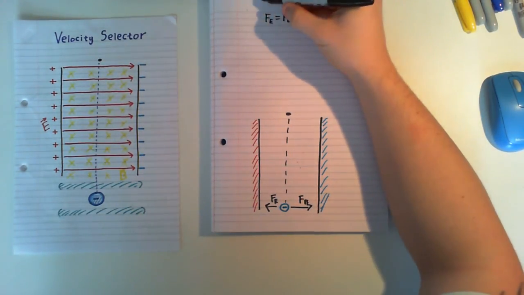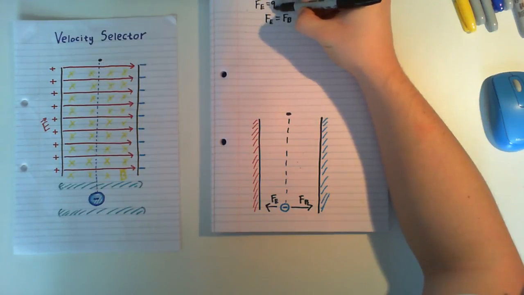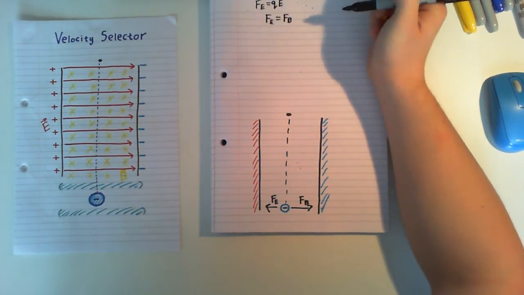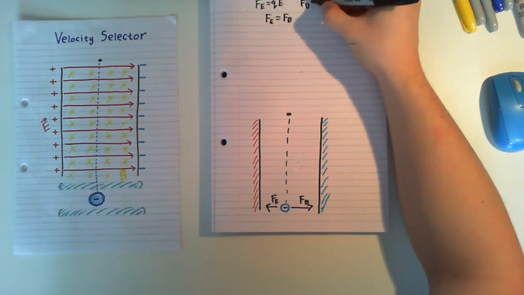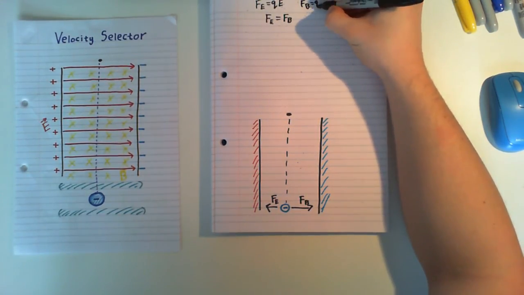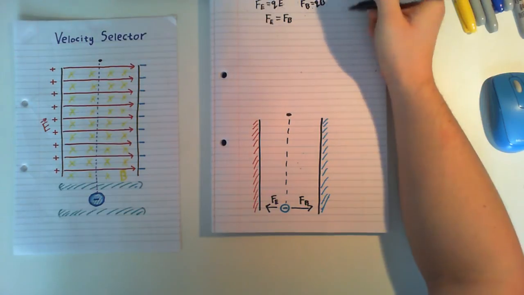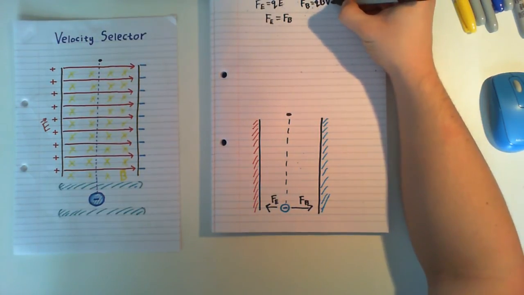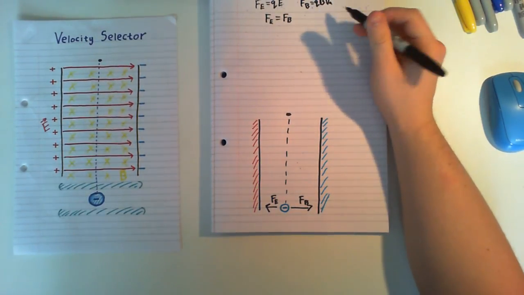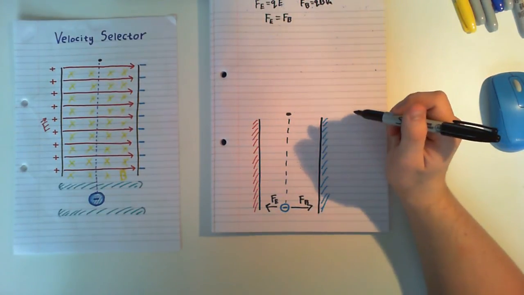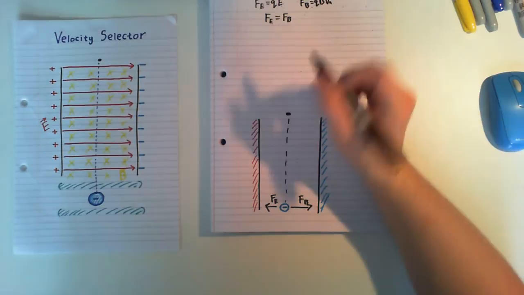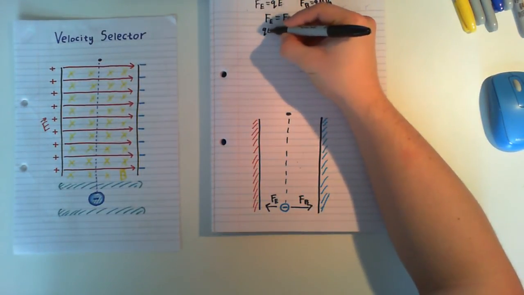And now F_E, we'll just write out what these are. That's just the charge by the electric field, and the force due to the magnetic field is the charge by the magnetic field, but also by the velocity. So this is where the actual speed of the particle alters the path it's going to take. So if we just equate these two, we have QE